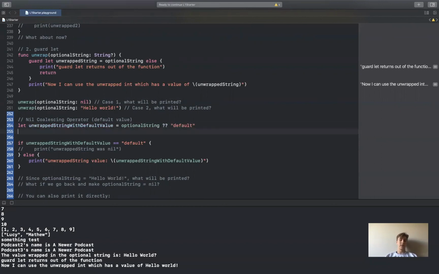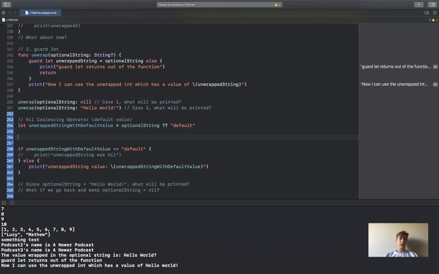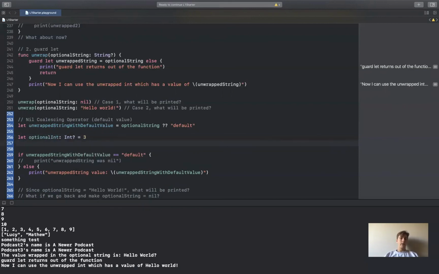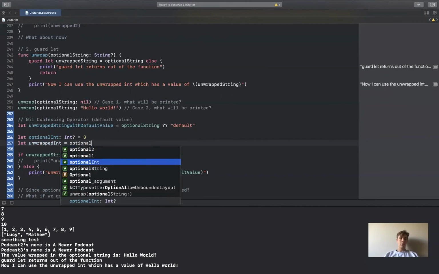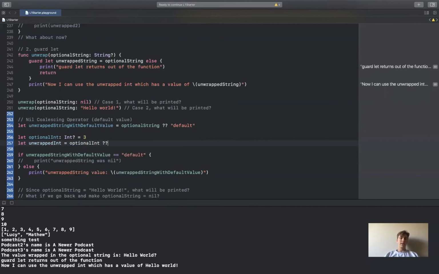So you could do this with ints. So if we had an optional int, let's say optional int of type int optional, I'm going to set it equal to 3, right? Then we could have an unwrapped int, and we could set this equal to optional int. And then if it is nil, we could just give it the default value 0 or something like that. So that's just another example with a different type. Okay,